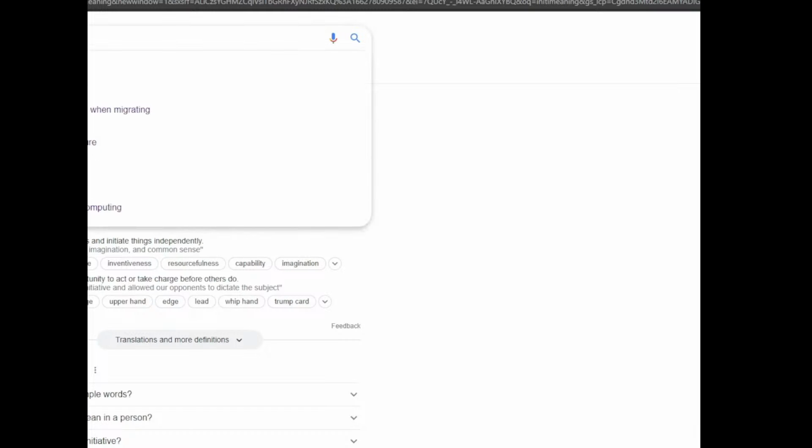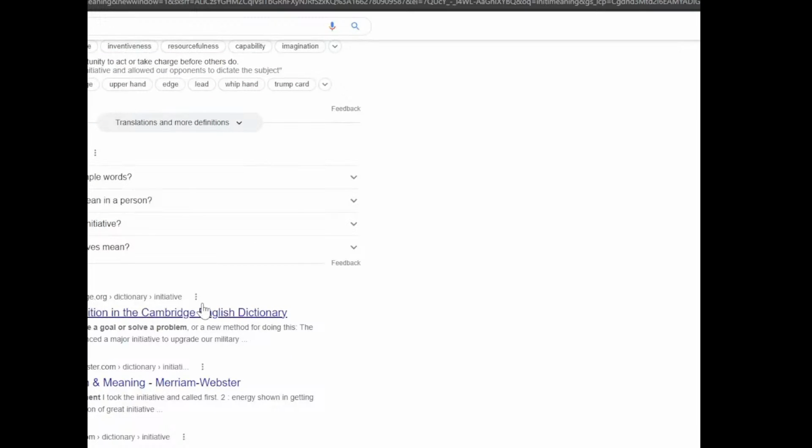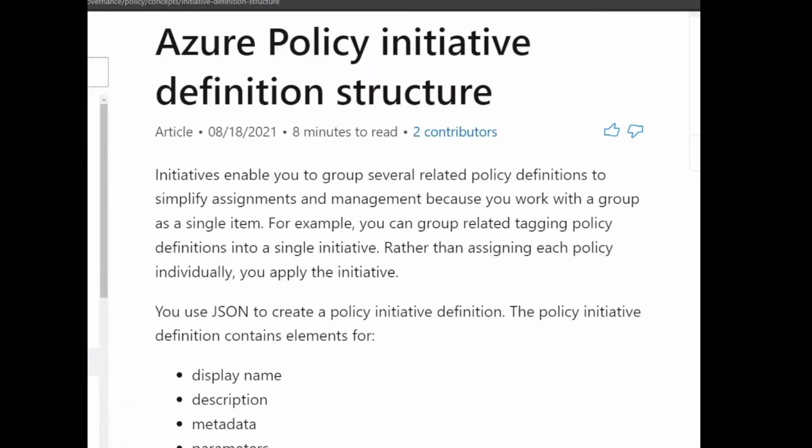Di sila parehas. Parang yung policy initiative, yung mga kailangan sundin. Yun na yun.